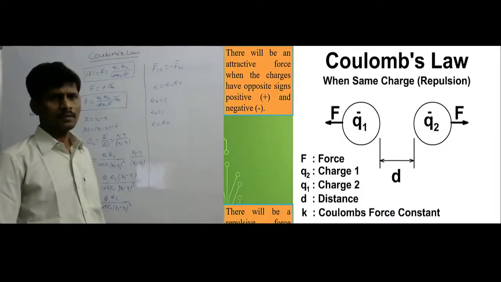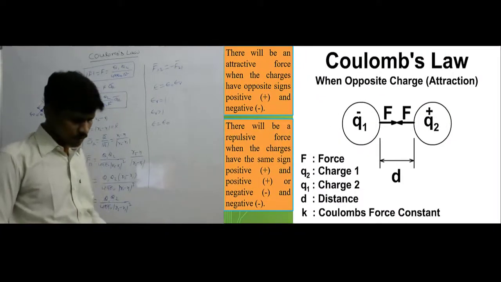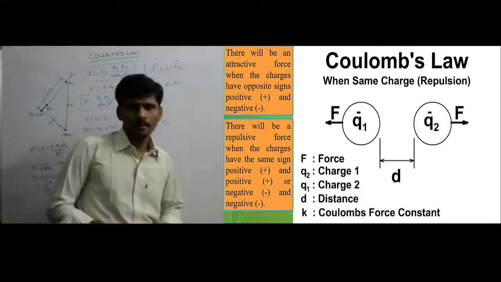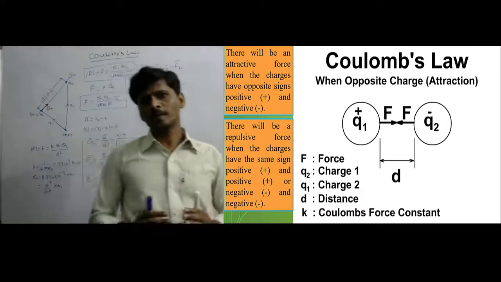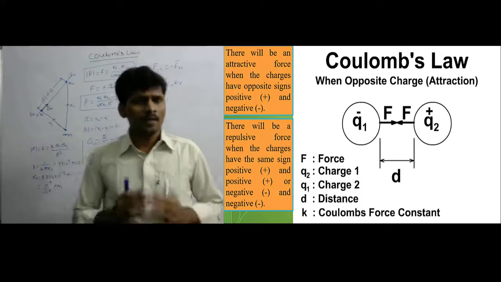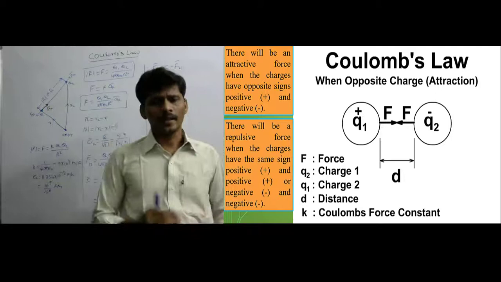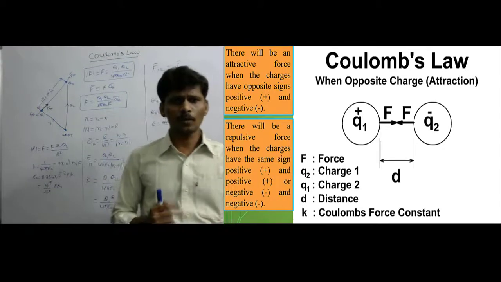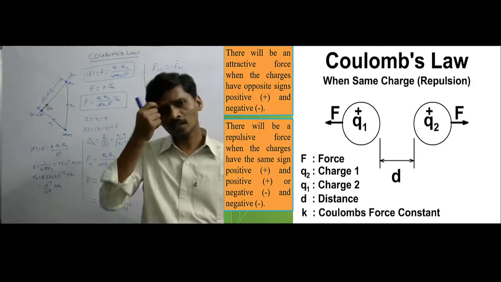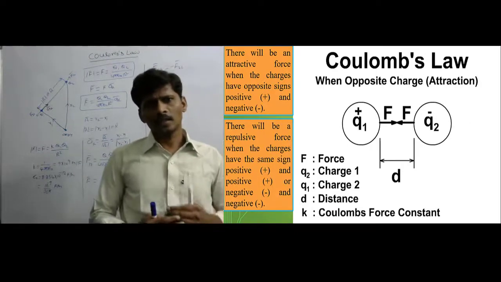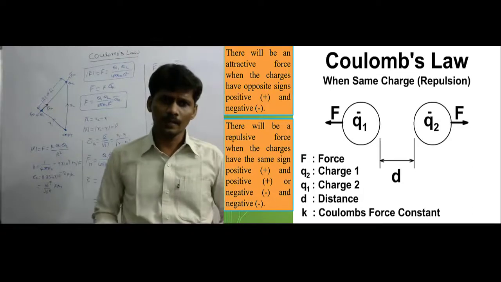See the animation. And this is Coulomb's law. What is Coulomb's law? Statement: the force F bar between any 2 point charges, acting along the line joining the charges, is directly proportional to the product of the 2 point charges and inversely proportional to the square of the distance between them.